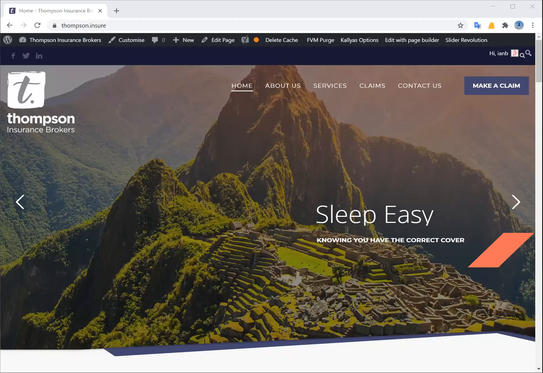Okay, so today we're going to look at how we can edit the pages we have on a WordPress website. This website has been built with Kallyas. That's a theme which makes it much easier to edit little panels and make changes without damaging a whole site. So this is quite good for our customers so that they can make changes themselves once their website has been